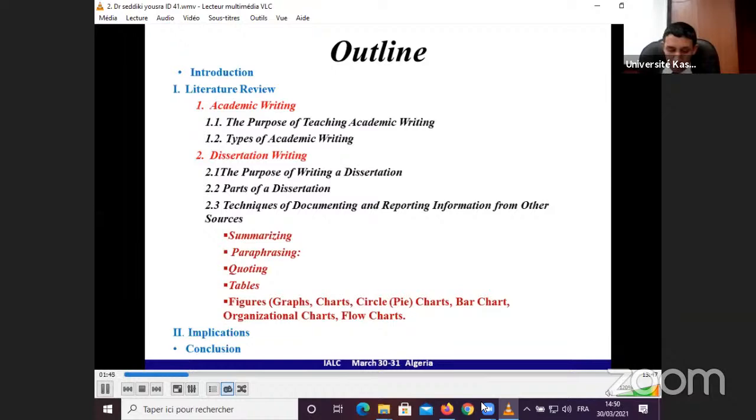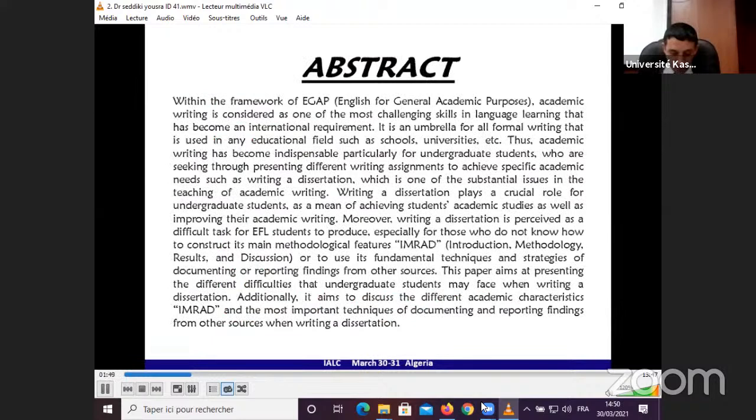And finally, some applications for this study. Within the framework of English for general academic purposes, academic writing is considered one of the most challenging skills in language learning, but has become an international requirement. It is an umbrella term for all formal writing that is used in any educational field, such as schools, universities, etc. Thus, academic writing has become a very important issue for undergraduate students who are seeking to present different writing